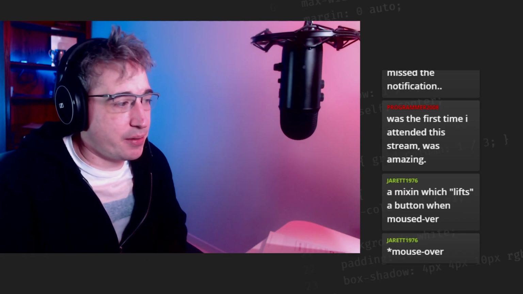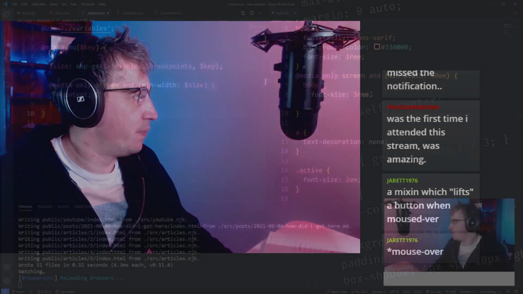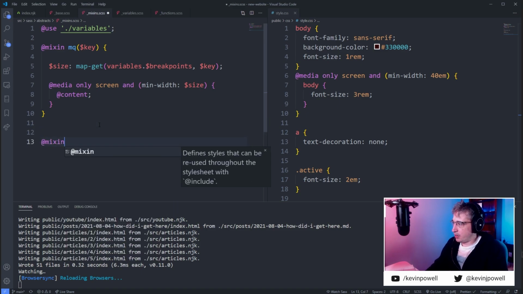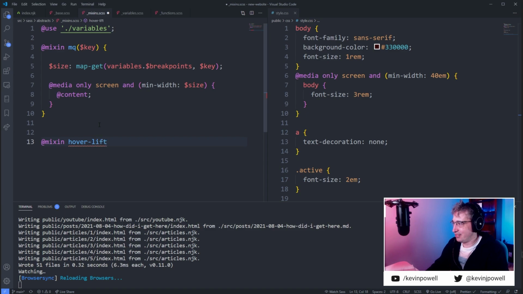So something with like transforms. Mixin. I mean, for something like that, you could call it like hover lift. So I mean, I would do this for like anything I'd want to put it on. Now maybe you'd only plan on using it for buttons, but